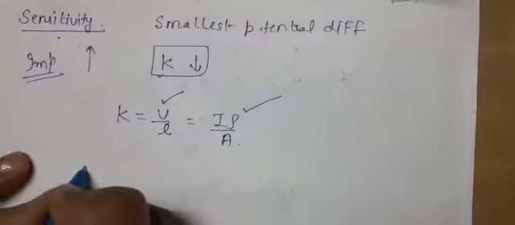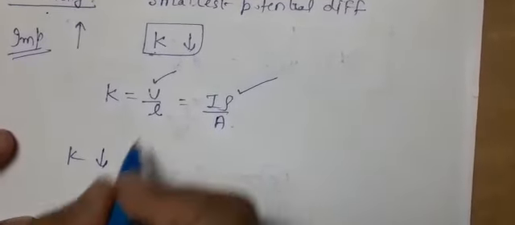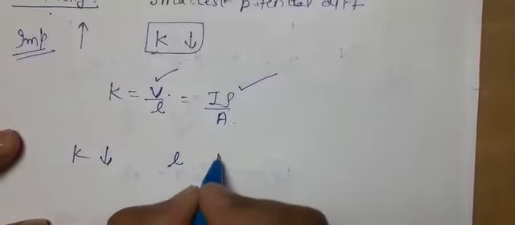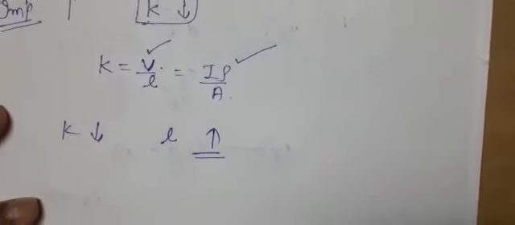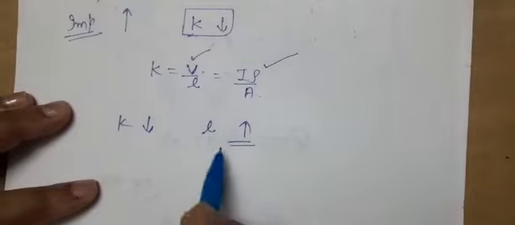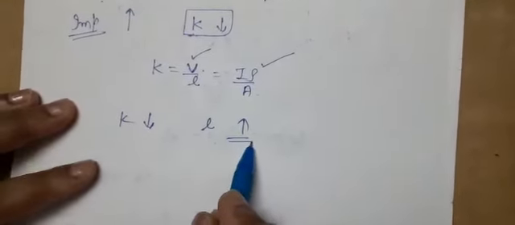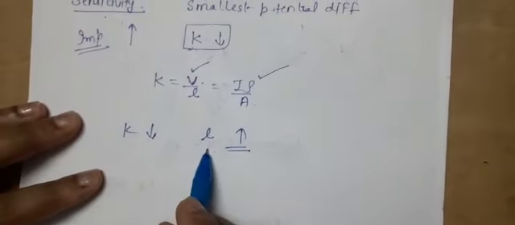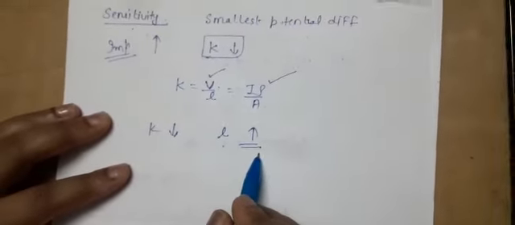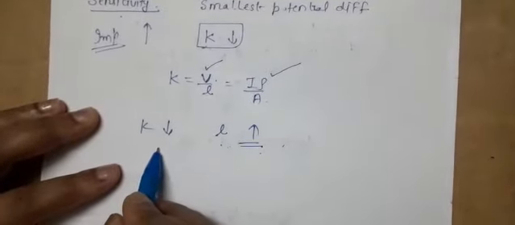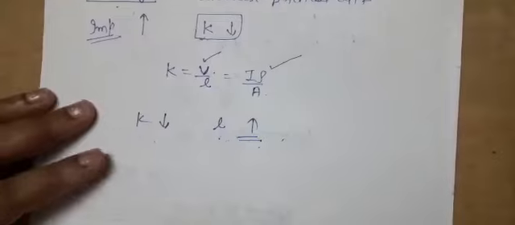So here, to decrease the value of potential gradient for a constant potential difference, constant voltage, L must be increased. That's why we are using in potentiometer the wire that is of 2 meter, 3 meter, 4 meter. It means the length of the wire is increased. So in the 1 meter bridge we have taken 1 meter length, but here in potentiometer, why have we taken longer length? The reason is that the more the length, the more the sensitivity, by decreasing the potential gradient.